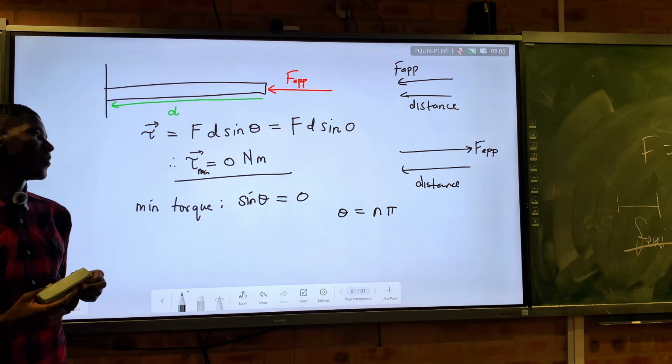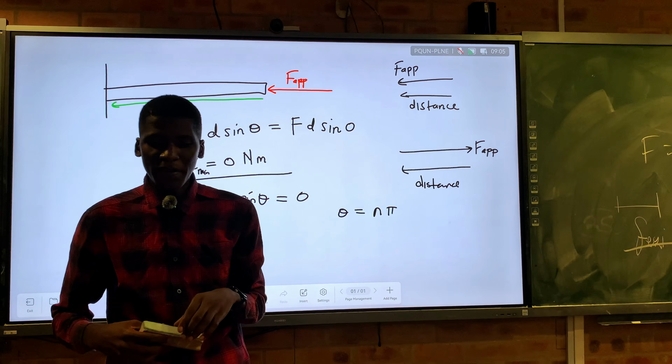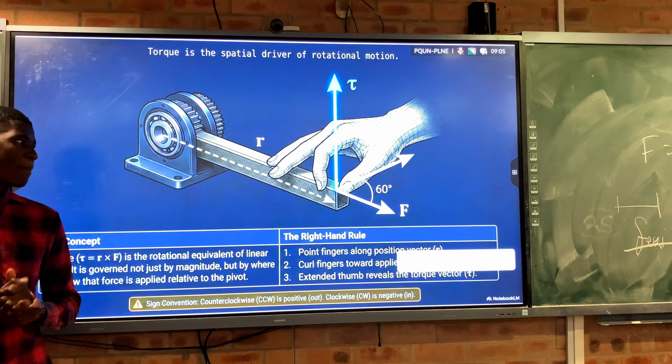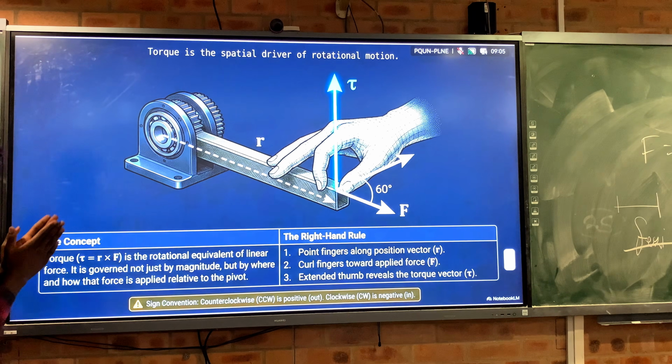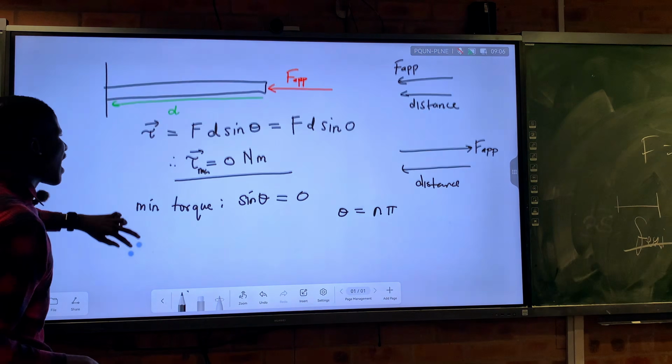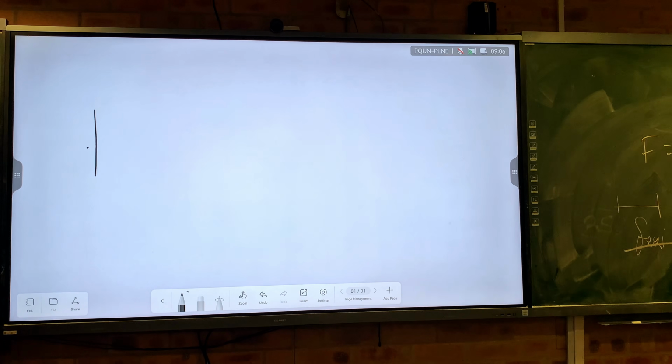All right. So for this to happen, this must be parallel or this must be anti-parallel. For example, let's just take a simple example, the door. You know how a door stands? The door is hinged here. There is a point where the door is fixed, like the literal door, this one. So in this case, you can see that it is fixed somewhere here. So this is the hinge for the door. That's the hinge. That is the pivot.